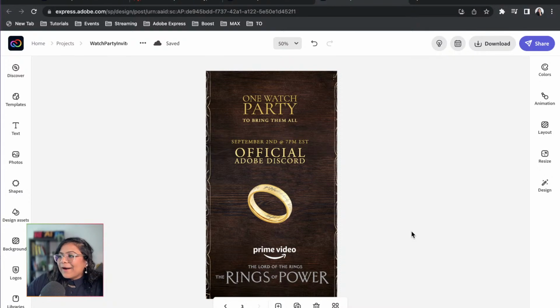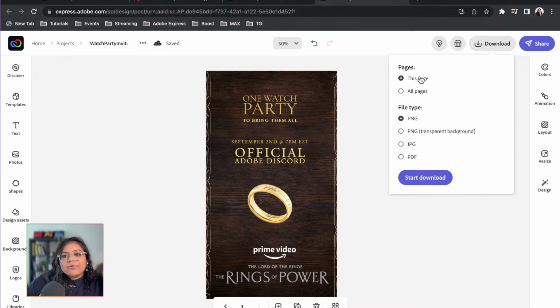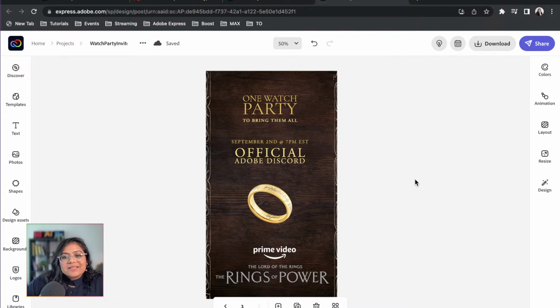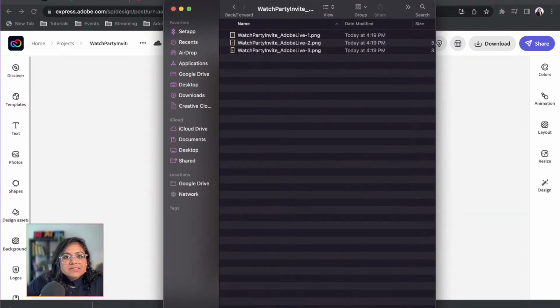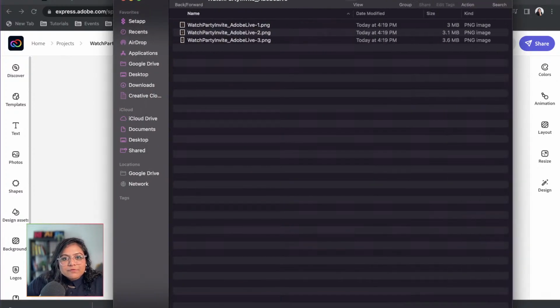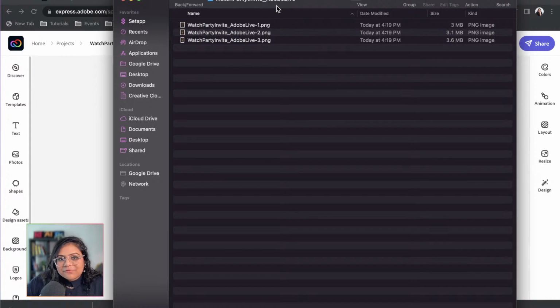You know it all. And then you really can't name the different pages within a multiple page file, but once you click on the download button right here, it says download all pages, and it also tells you the type of file that you want to download. So once I click the start download button, I'm going to bring in my downloads folder real quick just to show you. It downloads a watch party folder, which is essentially something like this, and the name of the zip file is essentially the name of the project file.